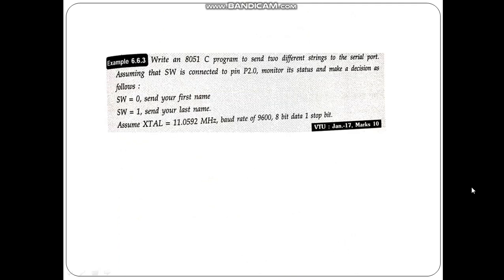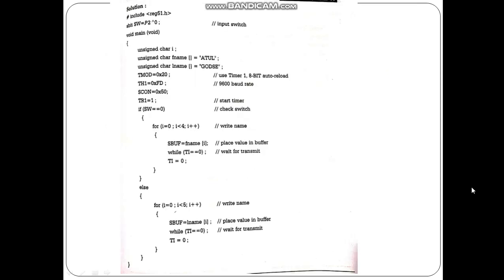Here the switch is connected to port 2 pin 0, hence define port 2 pin 0, and the name SW is given for port 2 pin 0. Since we are using just a pin of a port, we are declaring it as sbit. Then we have to initialize